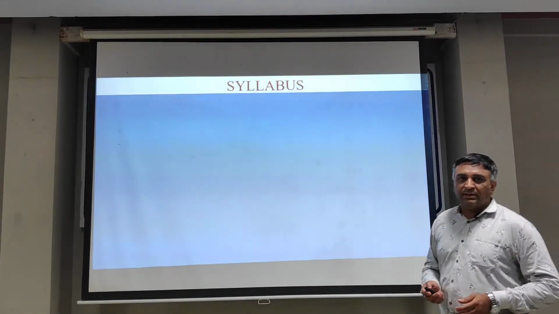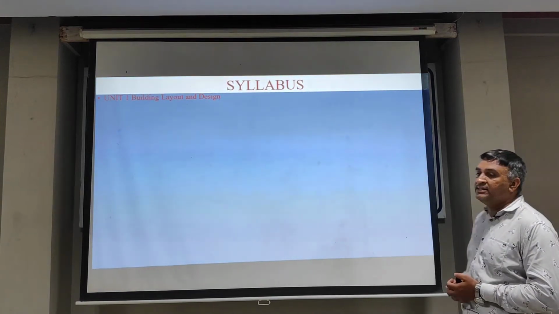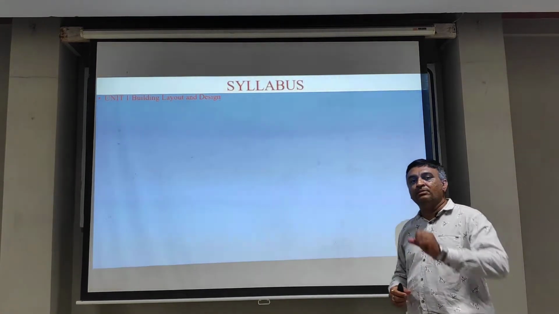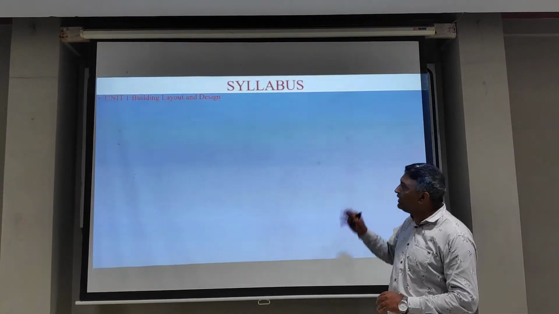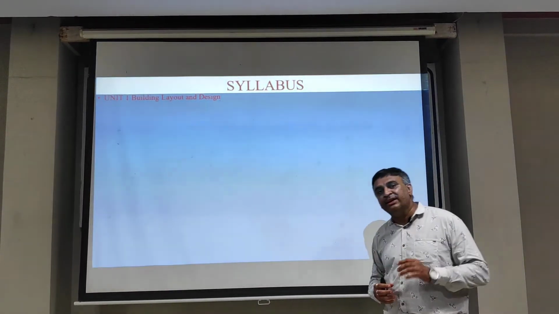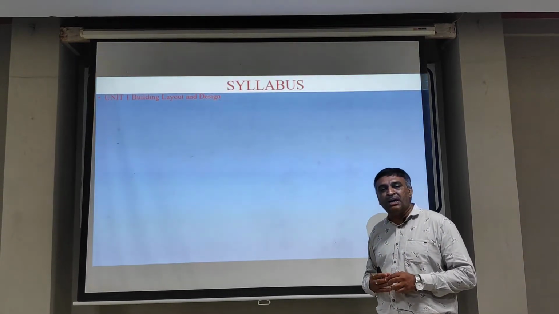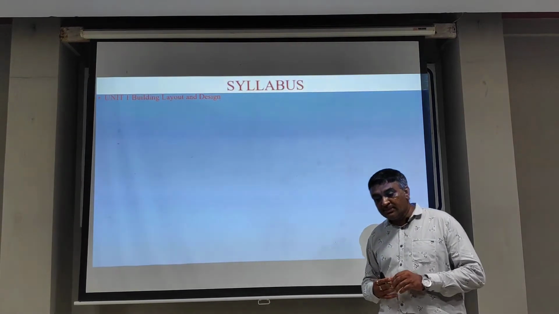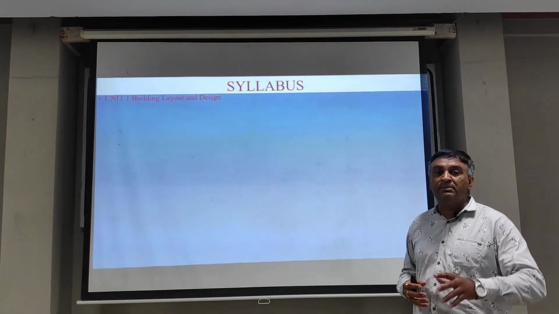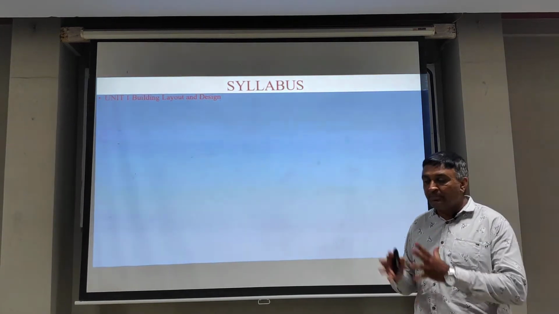Now, the syllabus of this subject. Unit 1 is building layout and design. Before starting this unit, my aim is to tell you what is in the chapter. What is layout? Layout means understanding the plan. You can draw the plan in AutoCAD or manually, but the plan alone is not enough for our design. From that plan you must understand where the beam is and where the column is, where we are providing columns and beams in the construction.